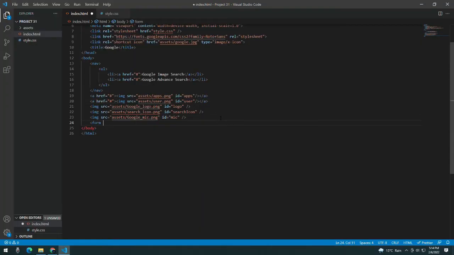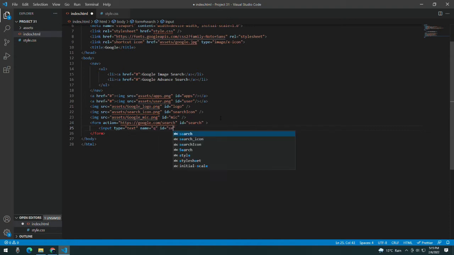and I need to create my form. Now basically what this will do is, you can see the form action, and I'm providing Google search here. So whatever we type in the Google search, it will go to this link and we will search it. I will show you how it works. Taking an input of type text, name should be q, ID should be search box, and placeholder should be search Google or type a URL,